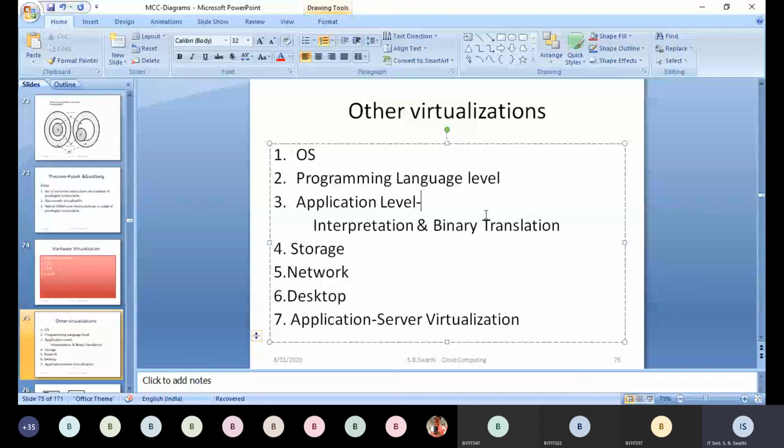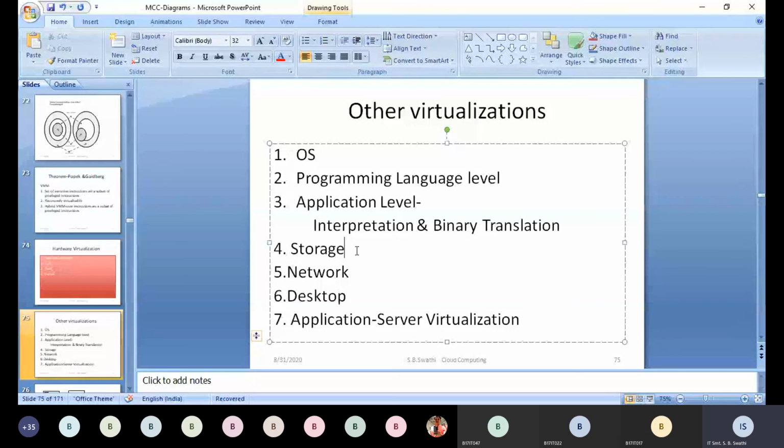Then we have the storage level. Different types of storage area networks, SAN, are there, where you can be a part of that network. Your system will be one of the clients in that particular network. Under a storage area network, a storage limitation will be there, that is, how many files you can store. That storage file system will be there, and up to that limitation you can access and store all your files.